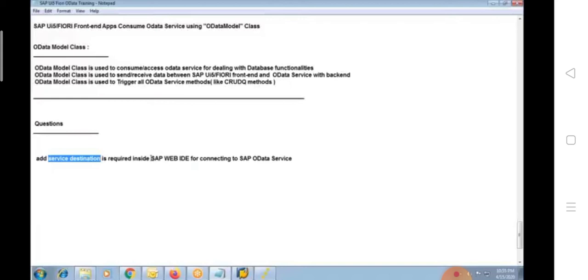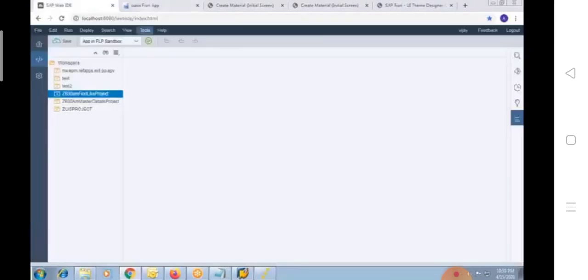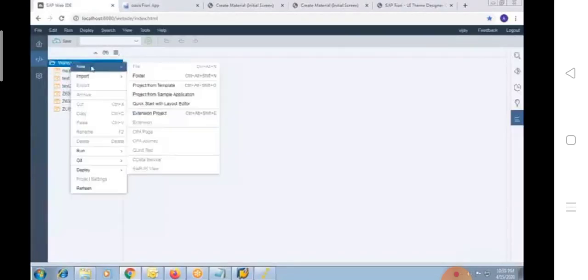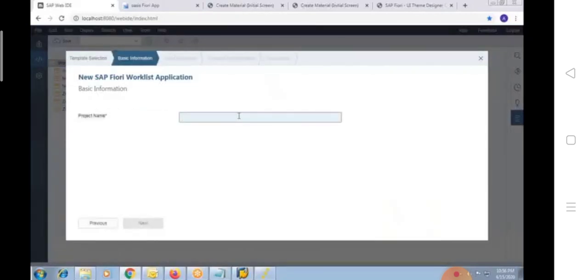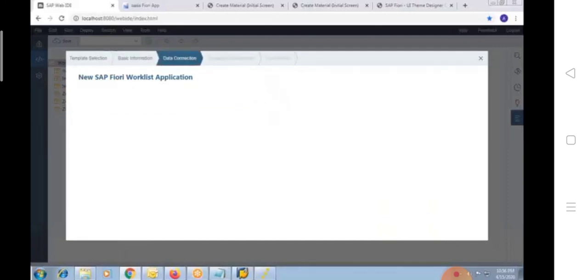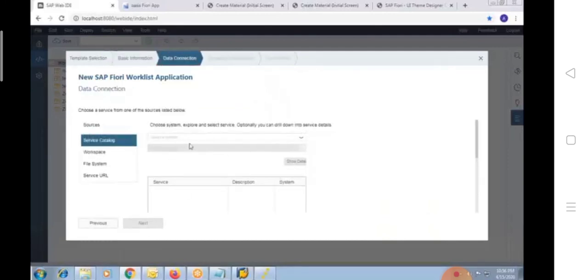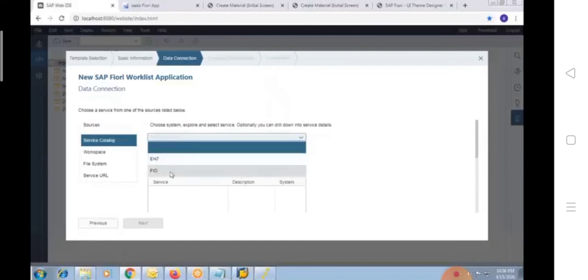But whatever it may be, SAP WebIDE should have a service destination which connects to the OData service, something like this. You can also test it after the training. Here you can see, when you create a project, you should get this. Then only you can proceed further. Here in the service catalog, you should get this service destination with which you want to connect.